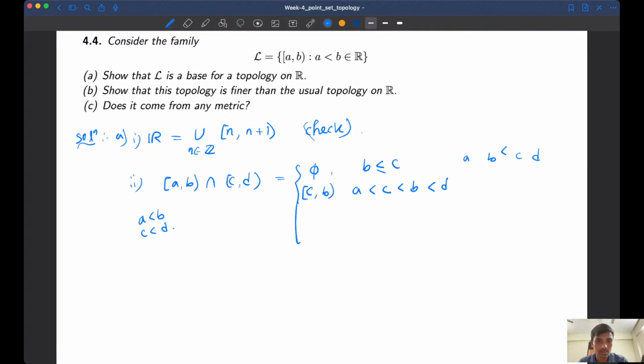And even if it is equal, then also fine, right? And even if it is equal on this side, this is also fine. So this is CB, and if CD is totally contained, like AB is already contained in CD, that is also one possible case. So it is AB if C less equal to A